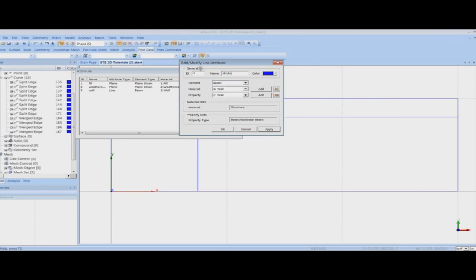Similarly, I'll define the strut attribute, and I will define the element as truss and the material as the steel material and the property as the strut property.